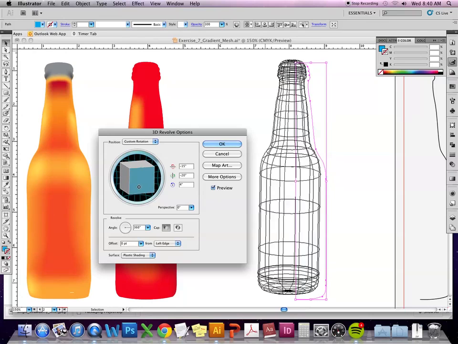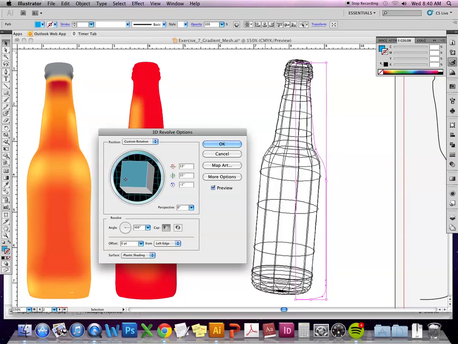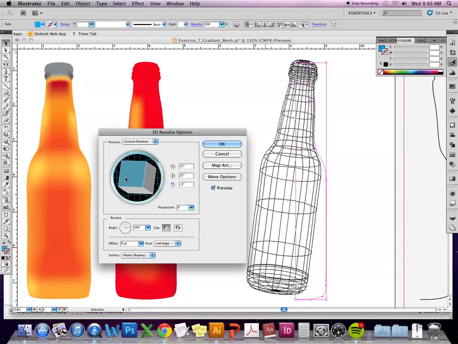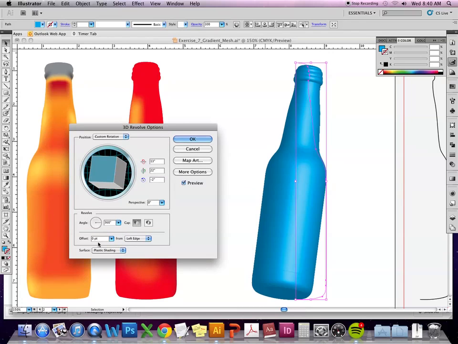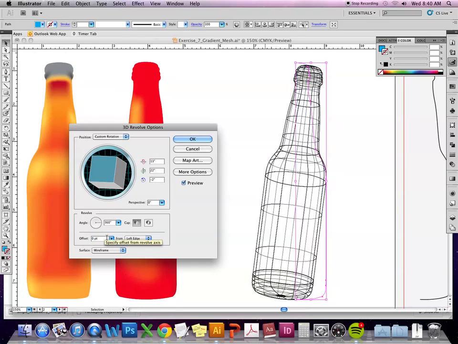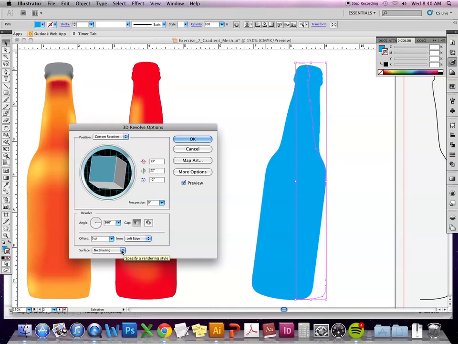But you can play with the rotation of it and turn it different ways. You can also play with the surface. If you do a wireframe, it breaks it down into the actual axes and curves on the bottle. You can tell it not to do any shading, which would just be a silhouette, so I don't know why you'd do that. Plastic shading is the one where it's basically a matte surface with the highlighting and shading that